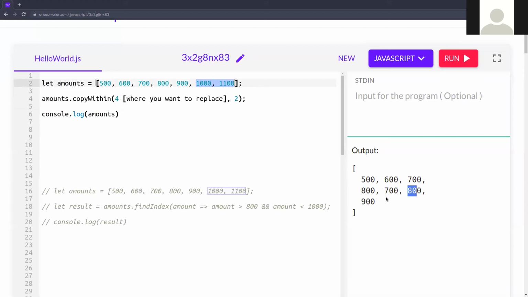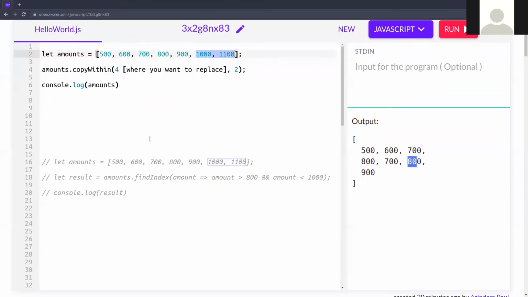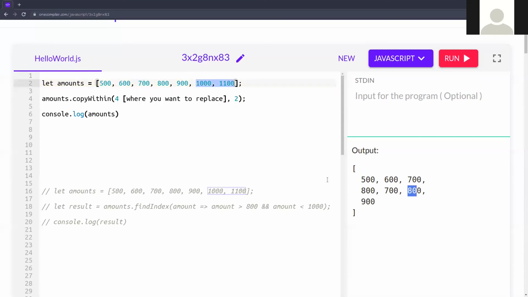Okay. So up to this is the same. No, sorry, up to this 4 value, then it will replace 900 with 700. This actually starts again with 700. So again 700, 800, 900. So where is this value going? Okay. But the array length should be the same. So that's why it deleted the last 2 elements.